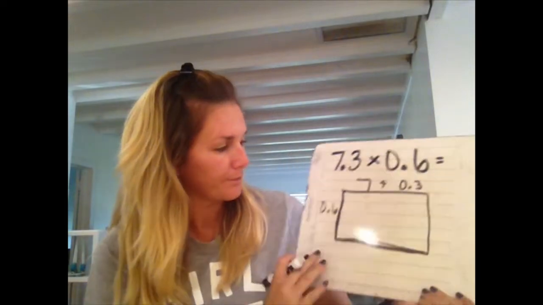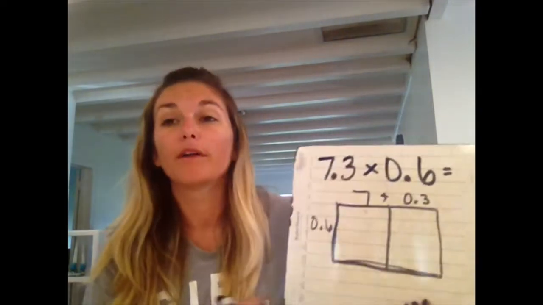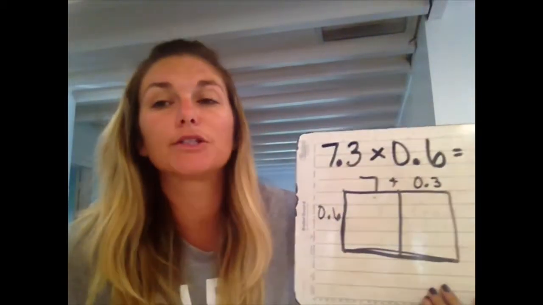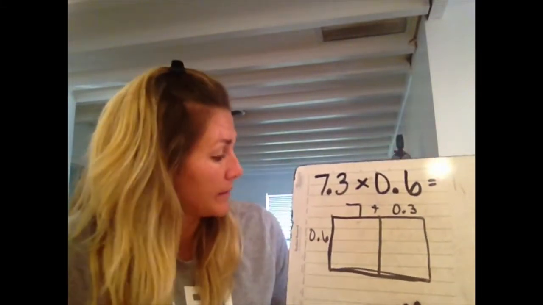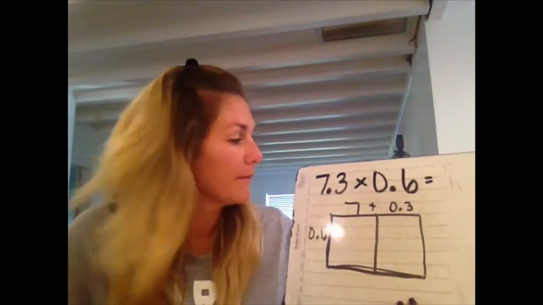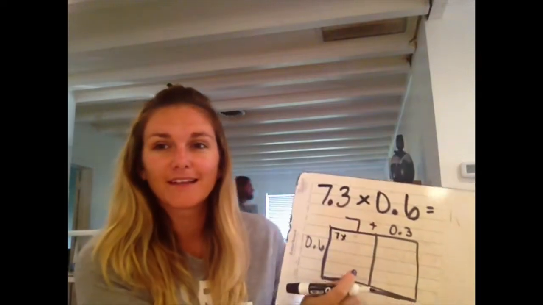So my line goes down the middle. I have 2 boxes because I broke my one factor up into 2 place values. I did not have to break my second factor up into 2 place values. If you wanted to break it up into maybe 3/10 plus 3/10, you could, but we don't have to, okay? So I start off and I have 7 times